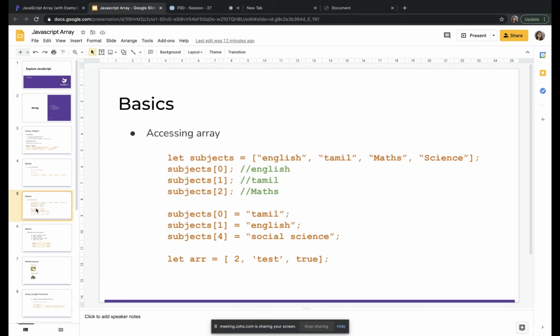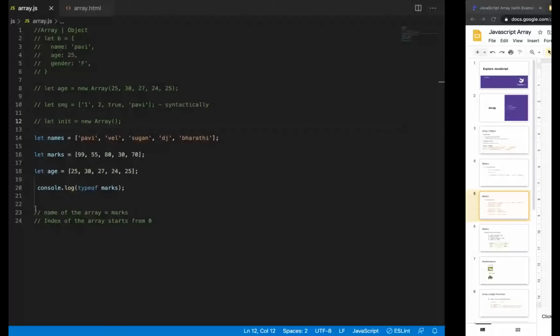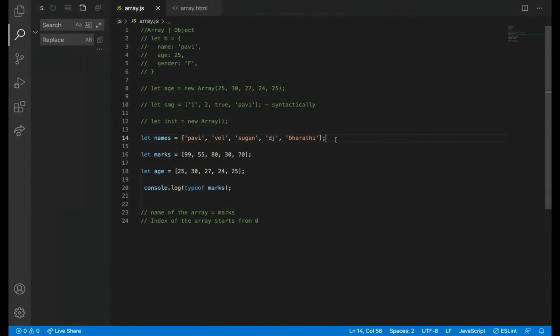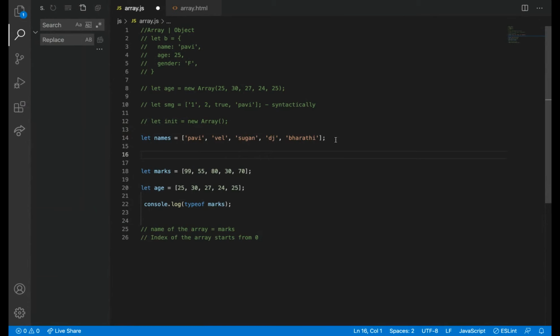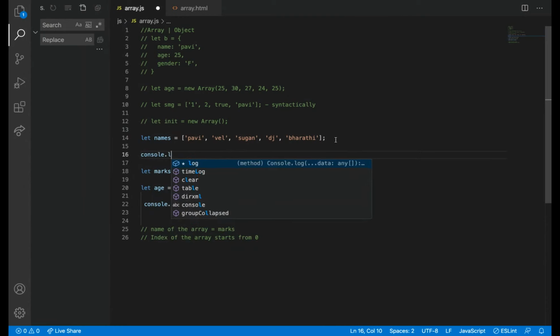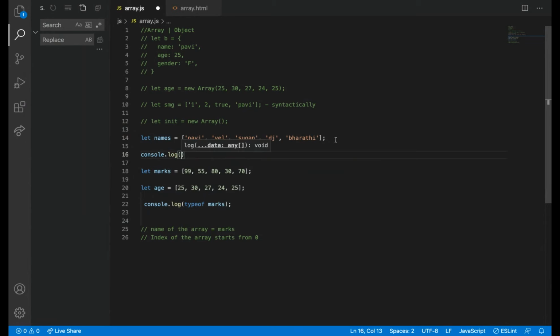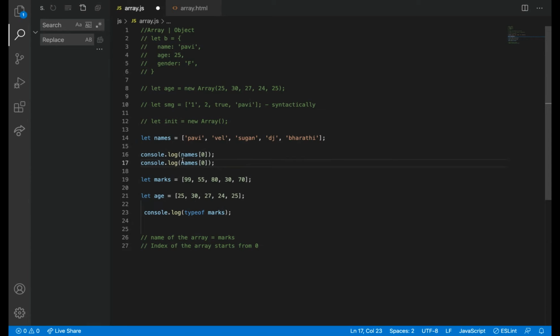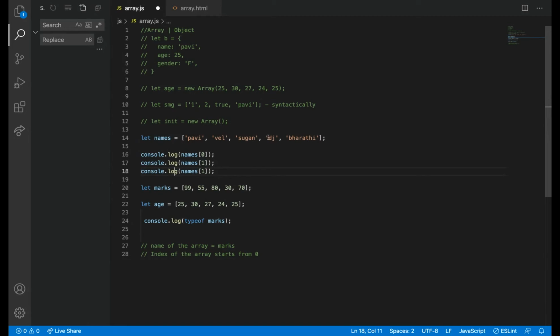Okay. The next thing is accessing an array. How can we access an array? I have already told you how we will access an array: console.log names of 0, names of 1. 0, 1, 2, 3, 4.